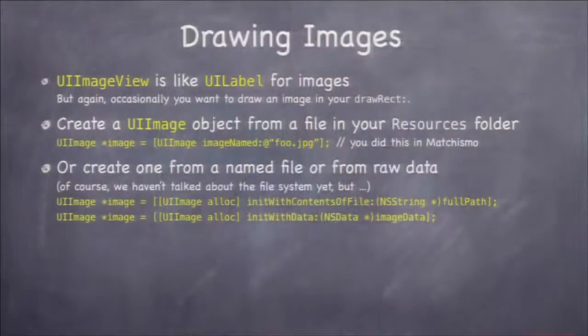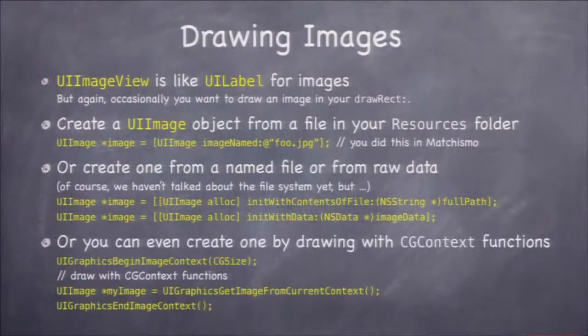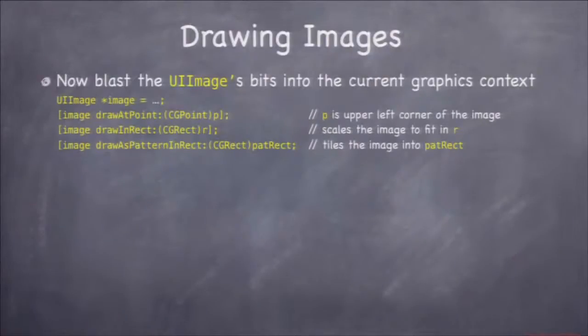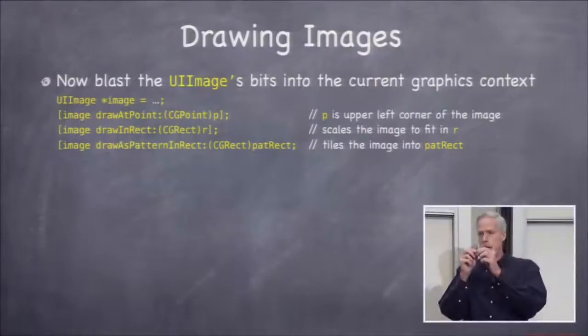Drawing images is almost the same, but instead of an NSAttributedString, you get a UIImage. So you know how to get one out of the image asset library with image named. There are other ways you can create them from files. You can even draw into an off-screen bitmap to create a UIImage. Once you have a UIImage in your hand, you just send it draw at point, which will draw that image with its upper left-hand corner at the point you specify, or draw in rect,